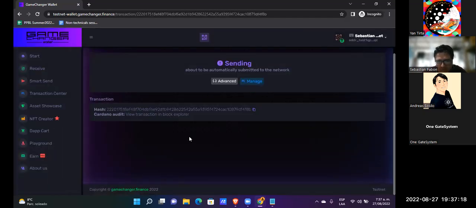I can track the status of the transaction. One thing to have in mind: a transaction in the blockchain is like a rumor.